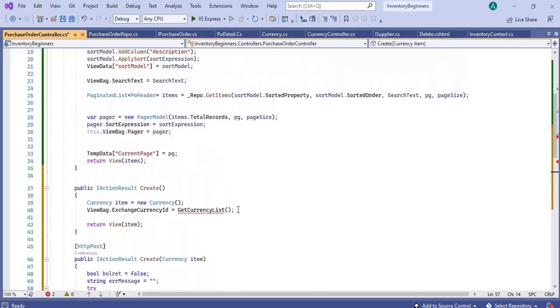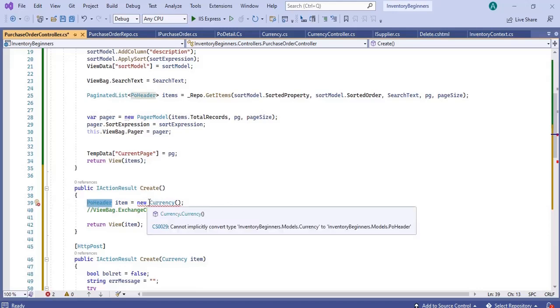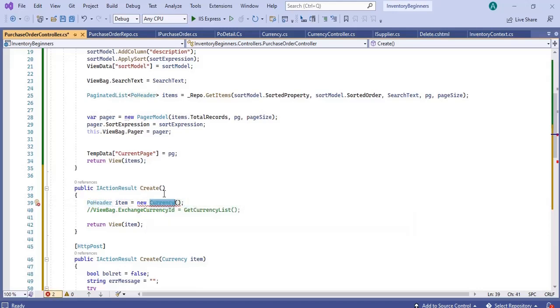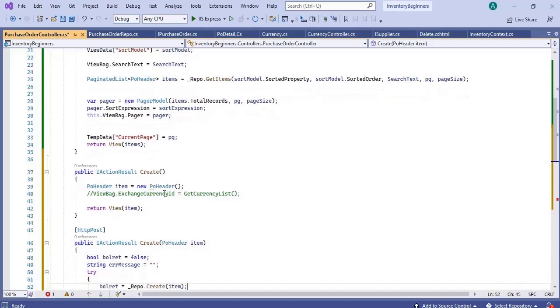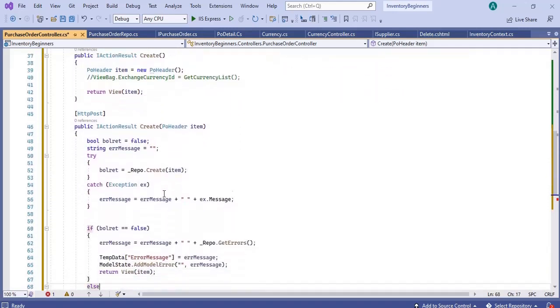Then comment the ViewBag.ExchangeCurrencyId from the HTTP create action and change the type of the variable named item to POHeader and then set it to the new instance of the POHeader. After that, go to the HTTP post create action method and in here change the input parameter type to POHeader